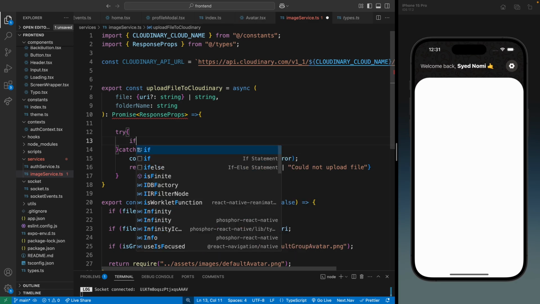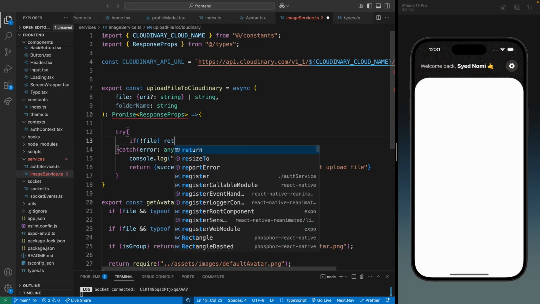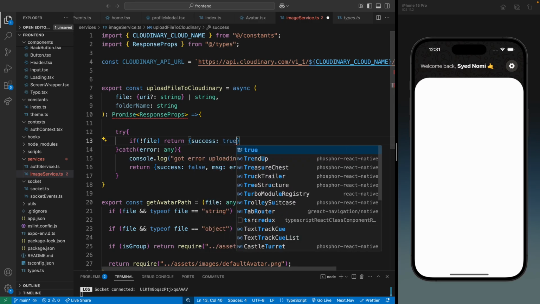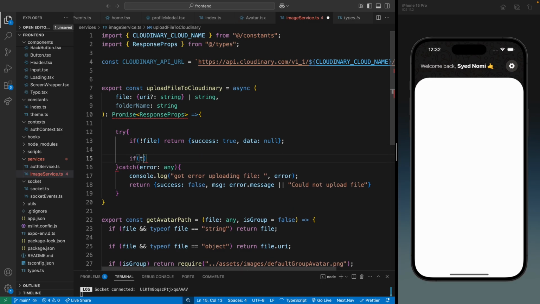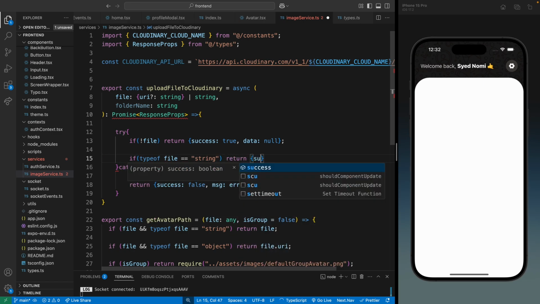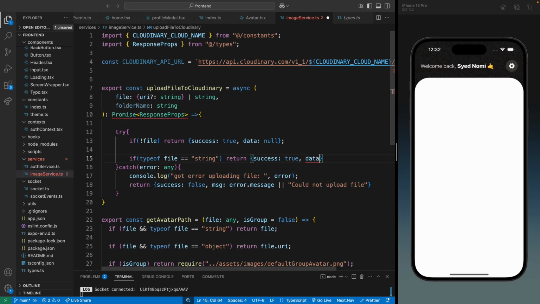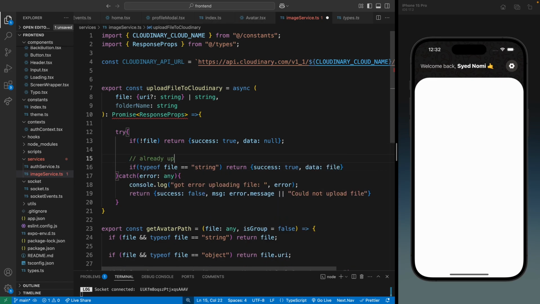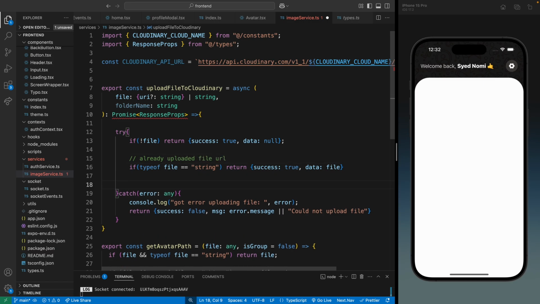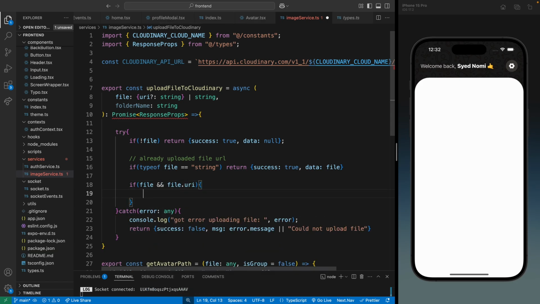Okay, so here we will check if the file does not exist. In that case, we will return success as true and data as null. Then I'm gonna check if the type of the file is string. That means it's the URL of an already uploaded file. In that case, we'll just return from here success as true, and the data will be the file URL. Okay, now I'm gonna have one more check to see if the file is an object and the object contains a URI. That means we need to